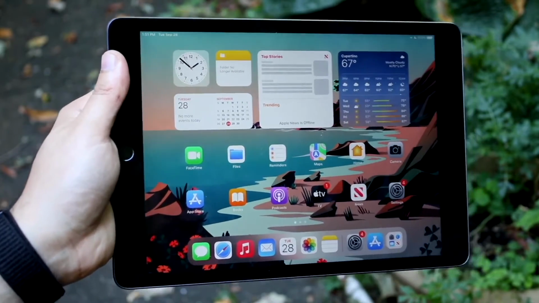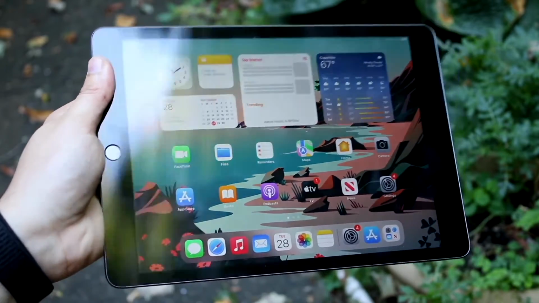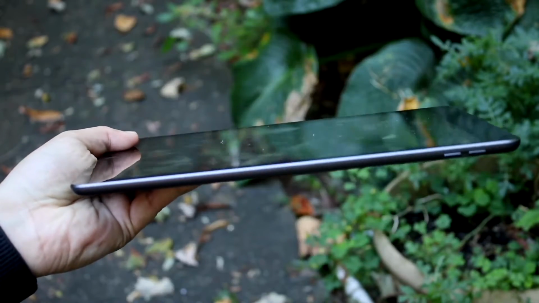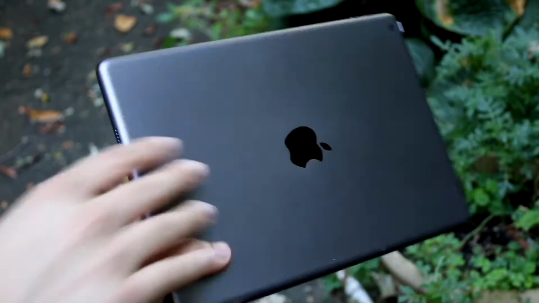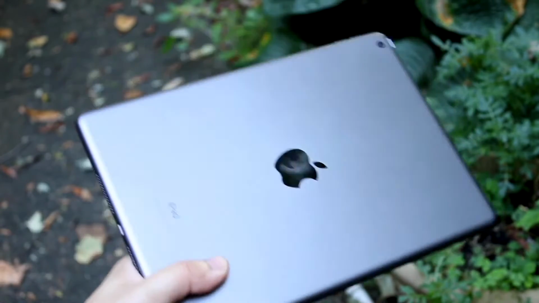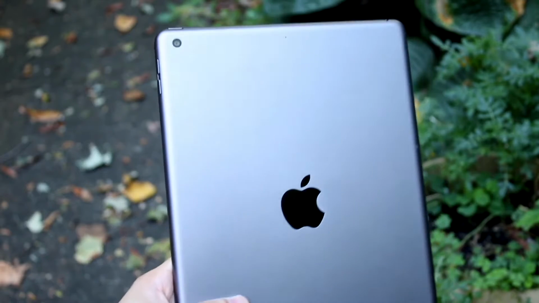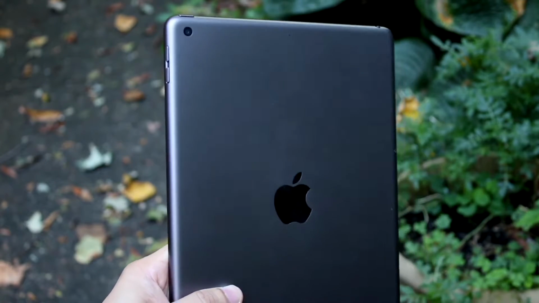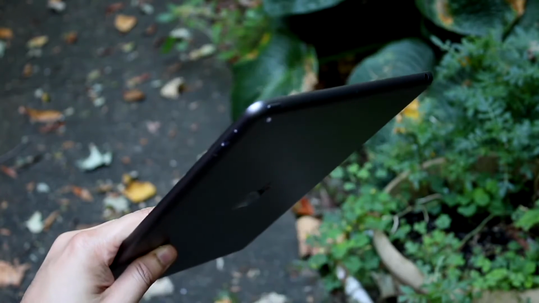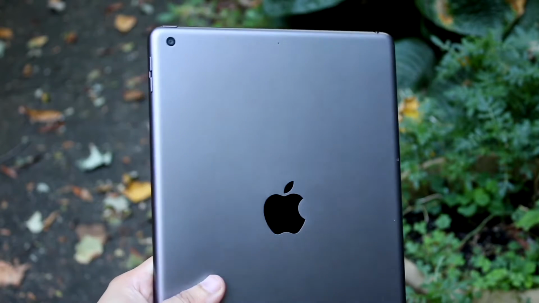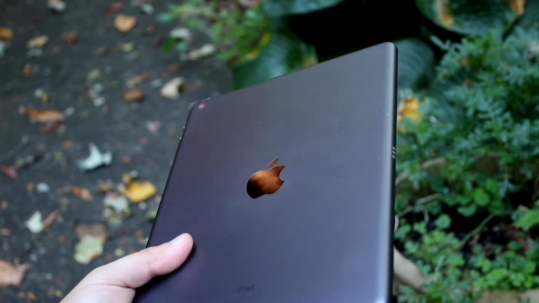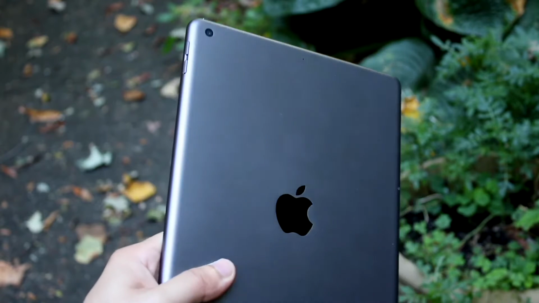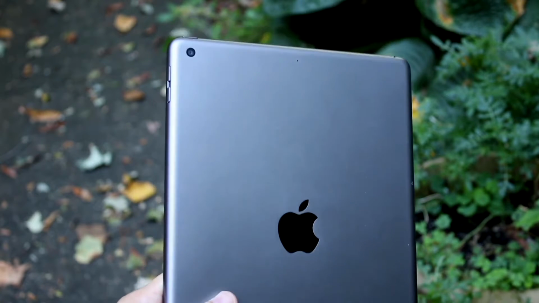Now, starting off with the outside, actually let me start off with the idea behind these iPads. The iPad Air M2 model and the iPad 9 are two different iPads for two different markets. But if you had an iPad 9, an M2 iPad Air might seem like a really good stepping stone rather than buying something like the iPad 10. The iPad Air M2 model is bringing a lot of capability and it's a really good solid upgrade coming from the iPad 9. On the front side of the iPad 9 generation, you were getting a 10.2-inch Retina IPS panel